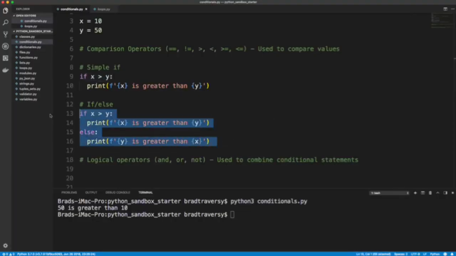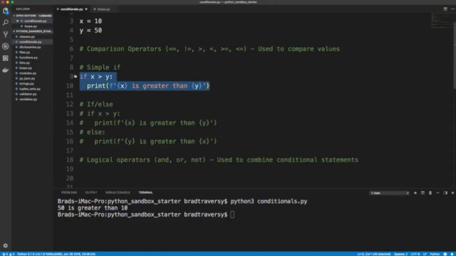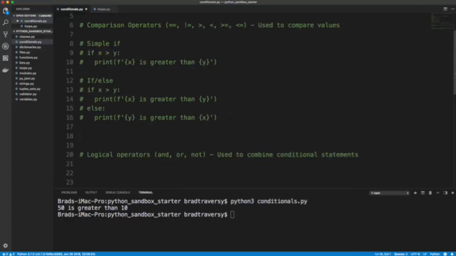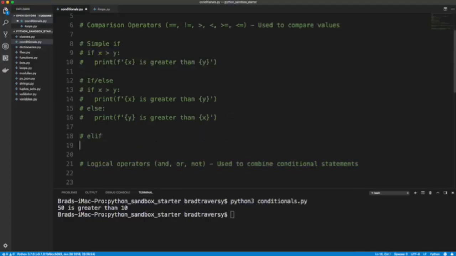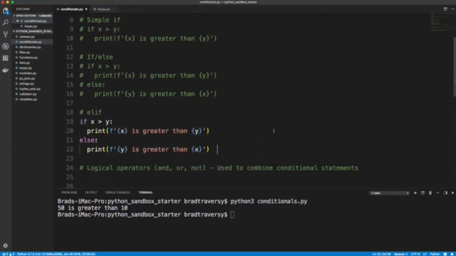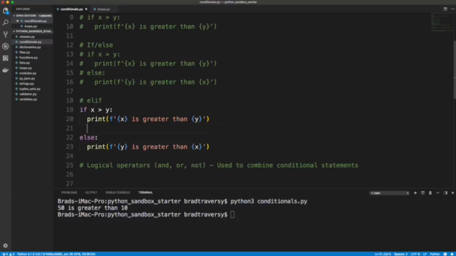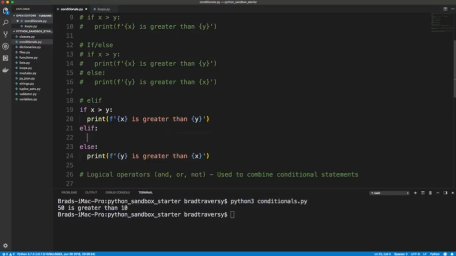So let's actually copy this if else, because now I want to show you how to use an elif or an else if. It's actually E-L-I-F. So elif. So let's say not only do we want to test to see if it's greater than or less than, but also if it's equal to. So in the middle here, I'm going to put elif colon, and then we'll go ahead and print something. So we'll print x is equal